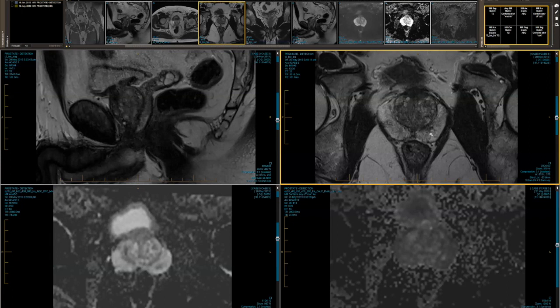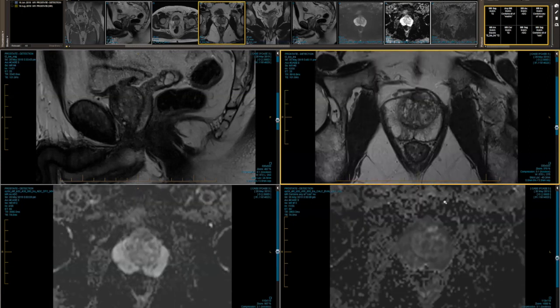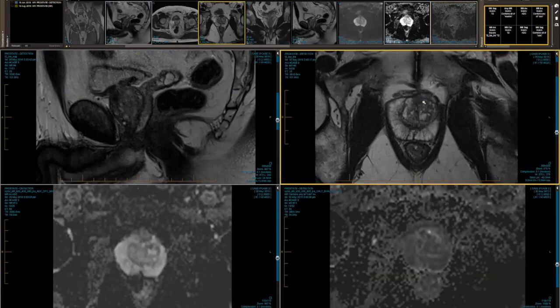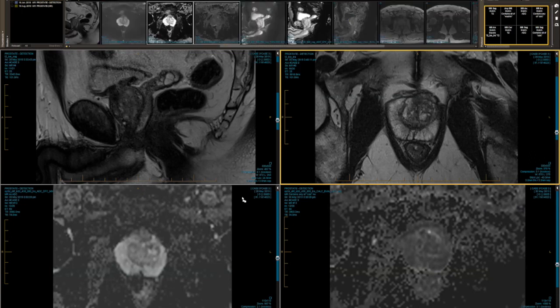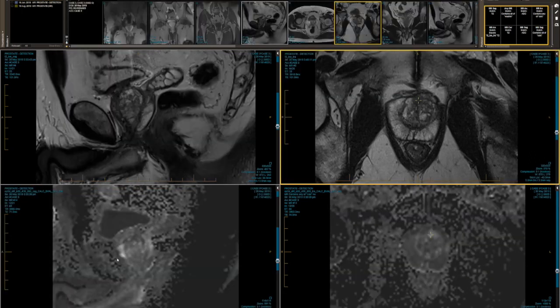Okay, so if we go from, again, base to apex, T2 in the top right-hand corner, we can see there is an area of asymmetric restricted diffusion, which is relatively subtle here on the axials, dark on the ADC, bright on the high b-value diffusion, which corresponds to this area that's really at the junction of the anterior transition zone, anterior peripheral zone, and anterior fibrous stroma. Interestingly, this is much more obvious on the high b-value sagittal image. If we go to that, we can see it actually goes